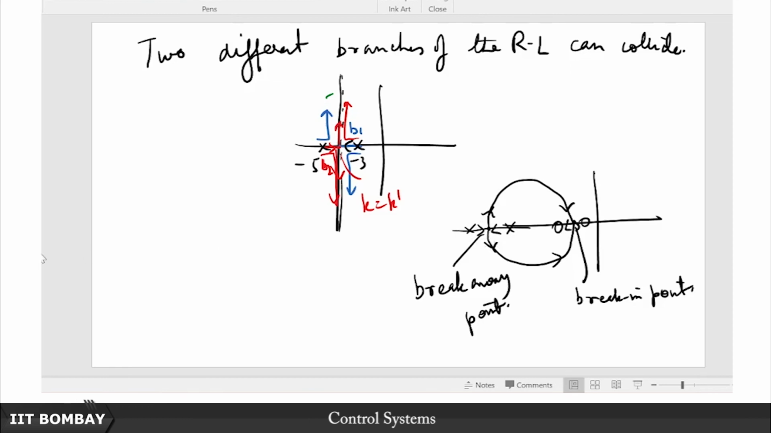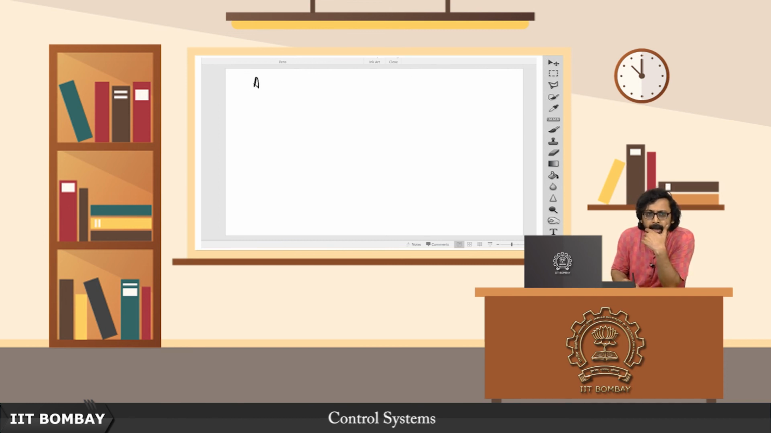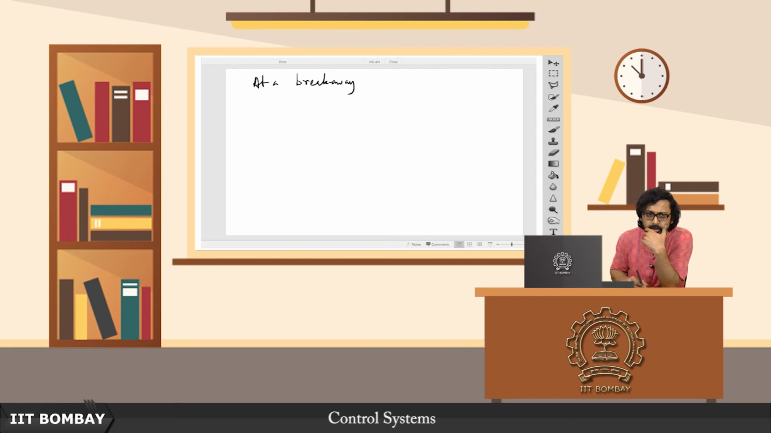Now what happens at this point? This closed loop pole branch started from this open loop pole and migrated and reached here. The other closed loop pole branch started at this open loop pole and also came here. So it means at that point there is a repetition of those poles. The same argument holds for the break-in as well. Two branches have come in together, so at that exact point there is a repetition. So at a breakaway or break-in point,